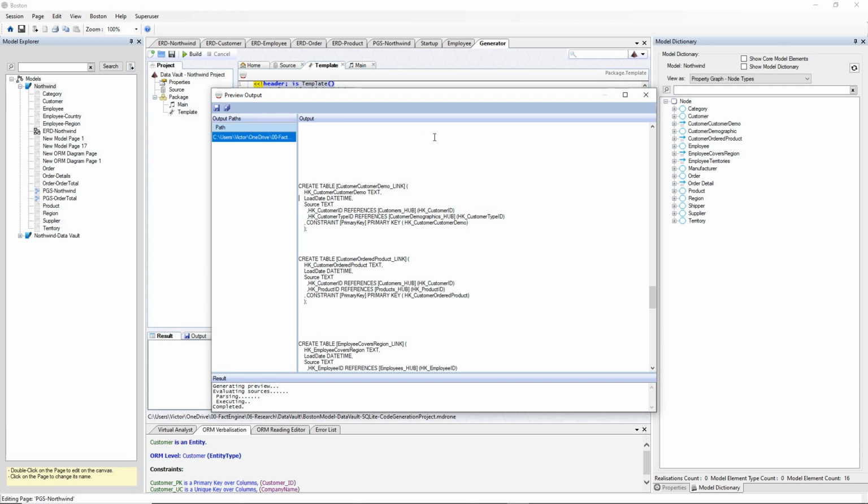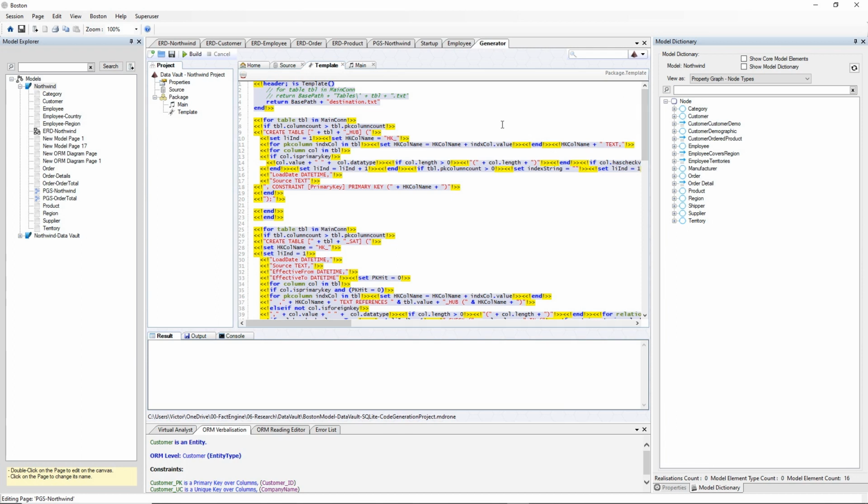So that's the DDL for a data vault for the Northwind schema, and I've already created the data